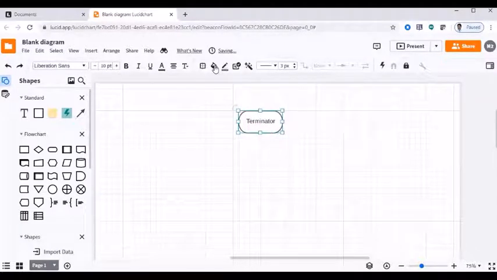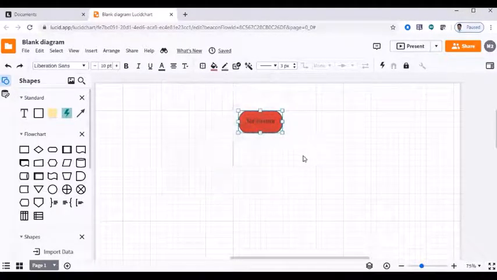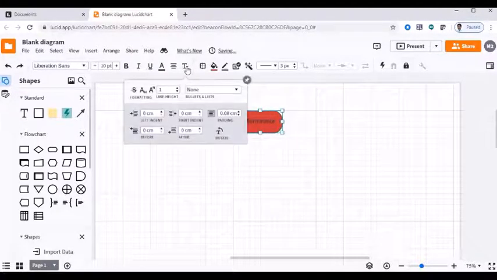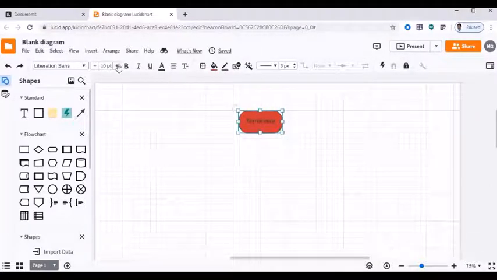You can change the color of the things, the text colors, and text sizes, all those things you can change.